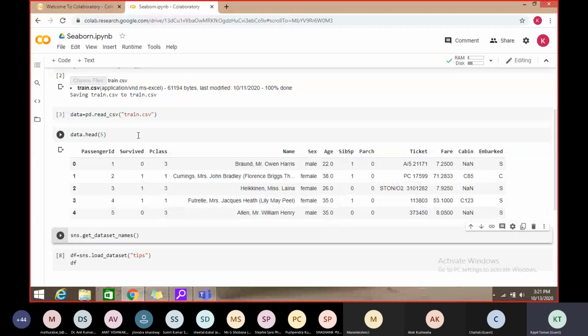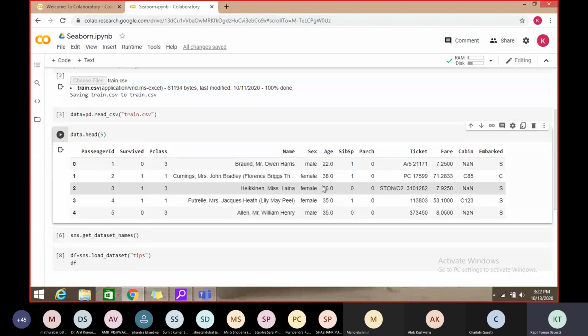Now, yesterday we have seen so many things about how we can find out valuable information from it. Now in that there are two columns called sex and age.